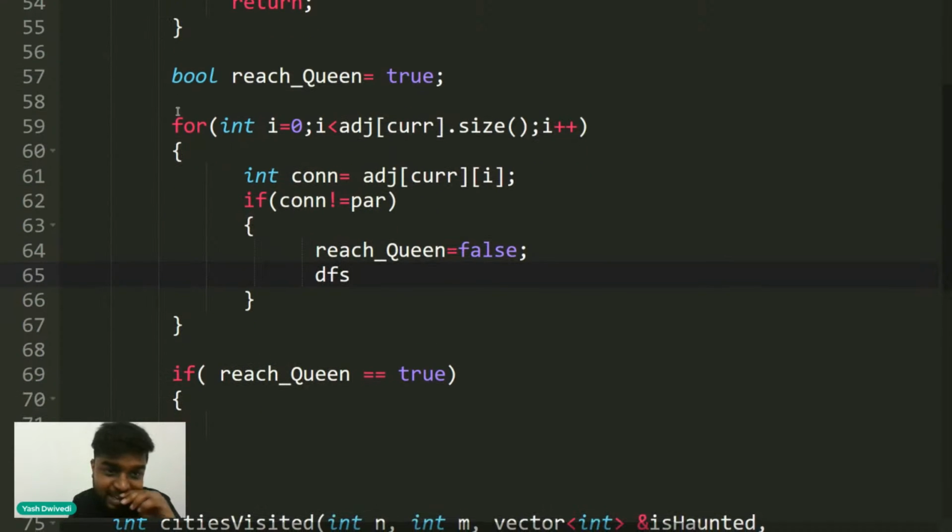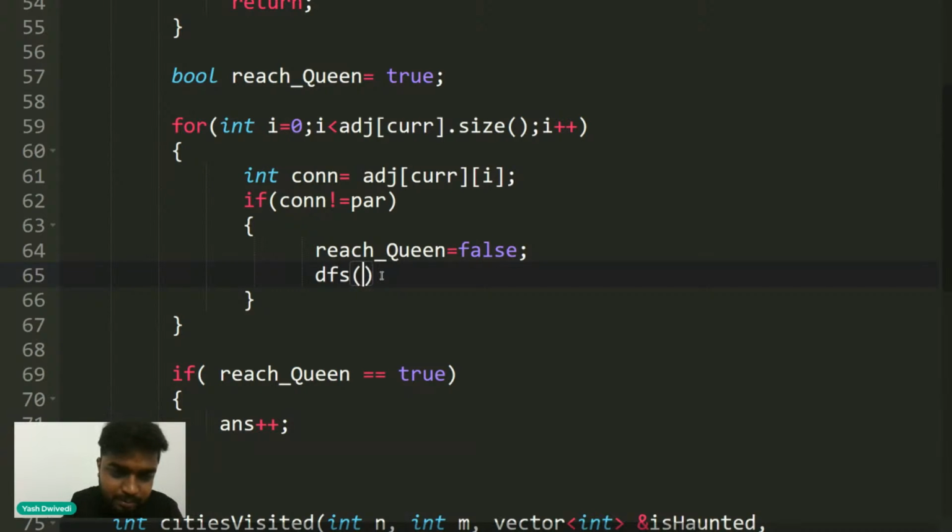But suppose I reach a leaf node. After that leaf node I will not be running any further DFS, any further traversal. So if I reach the leaf node, then I need to update my answer by 1. I'll increase my answer here. That's what I can do.